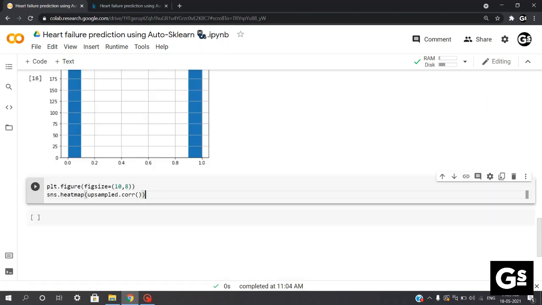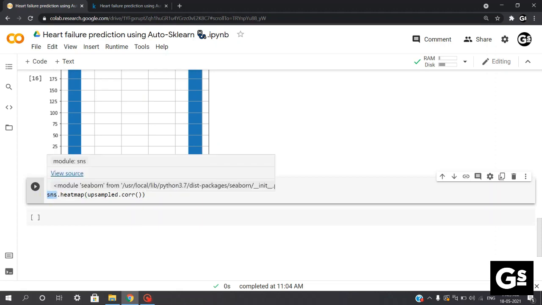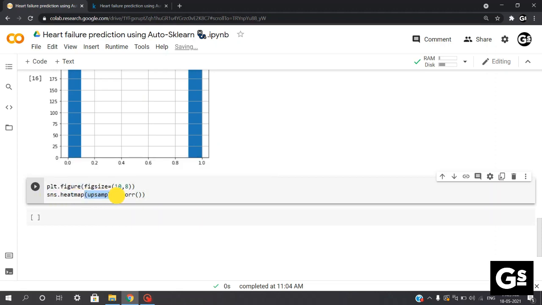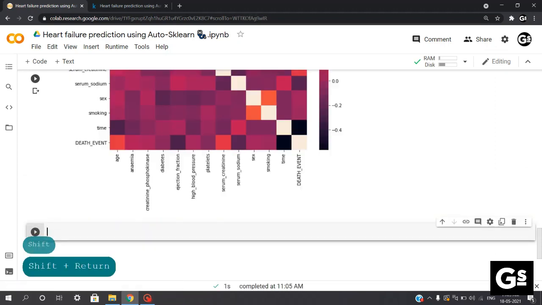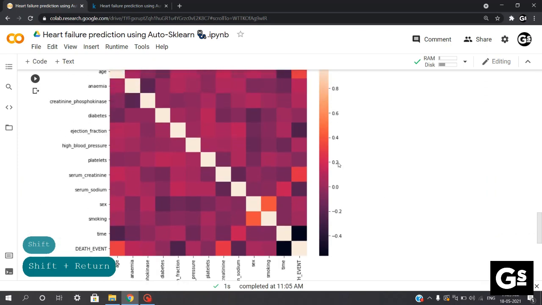same values. Now once we are done resolving the problem of imbalanced data, we'll quickly plot a heat map to see whether we have any major problem of multicollinearity. We'll be using sns.heatmap, that is seaborn.heatmap, with our upsampled dataset and plotting the correlation. We'll execute this. Basically, the heat map will give us a visual about how the features are correlated with each other and the target variable.